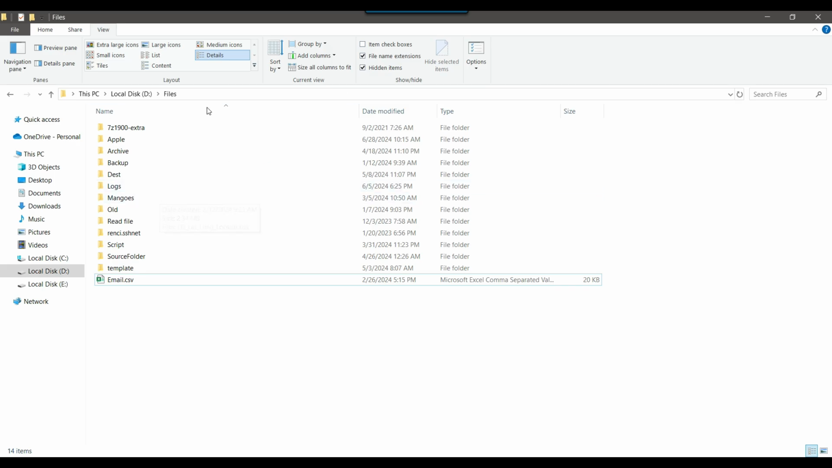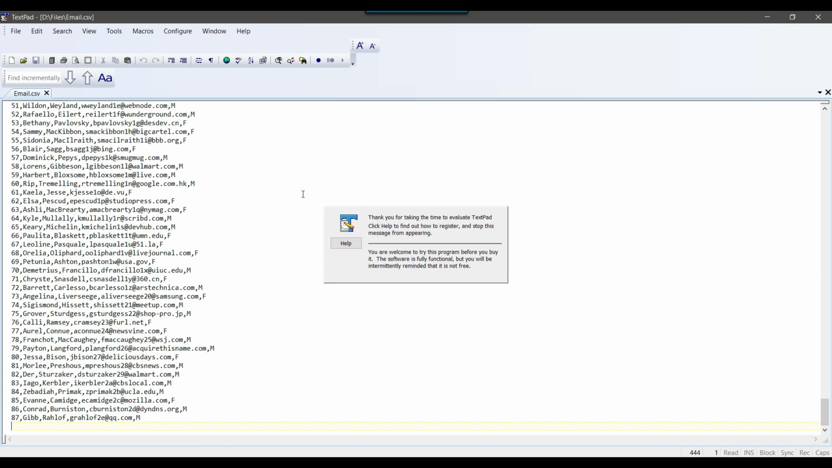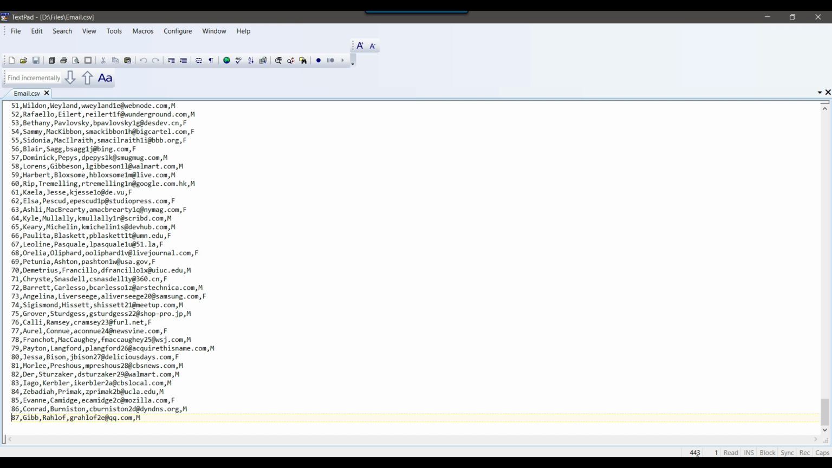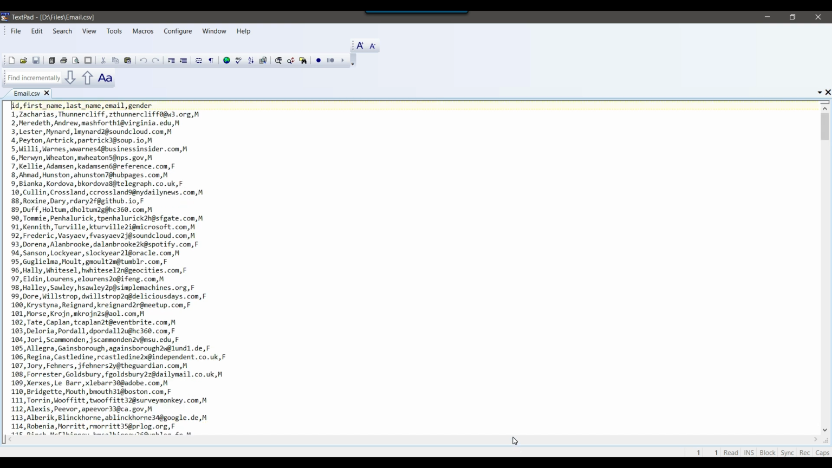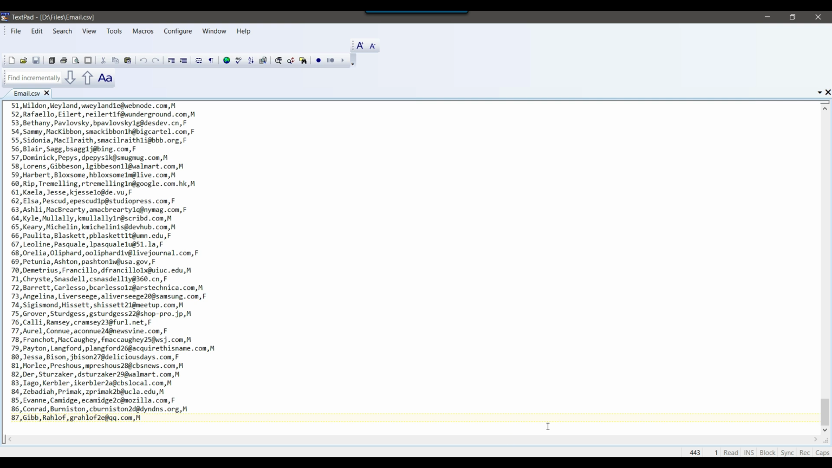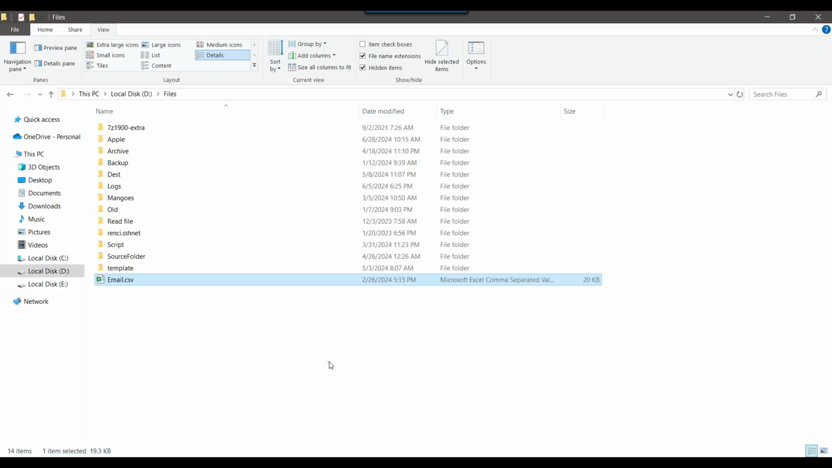So in my C files location I got a file email.csv. So if I open this particular file in a text editor and check the record count, this file contains 443 records, okay, but the first record is the header information, so the actual number of records are 442 records, okay. So we will try to get the record count from this particular file and we'll assign the record count